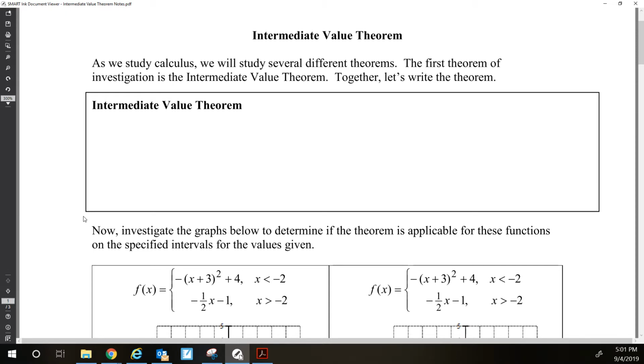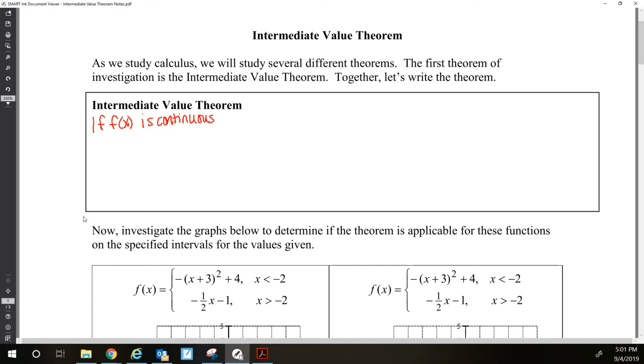I'm going to write out the words first. It's going to sound big and scary, but I think once you see the visual of it, you're going to see that this makes 100% sense. So here are the words. If f of x is continuous, and we've just talked about continuity, so you know what it means to be continuous,